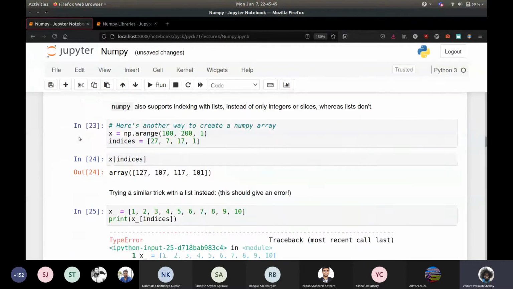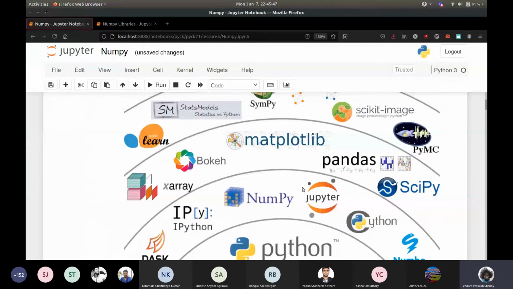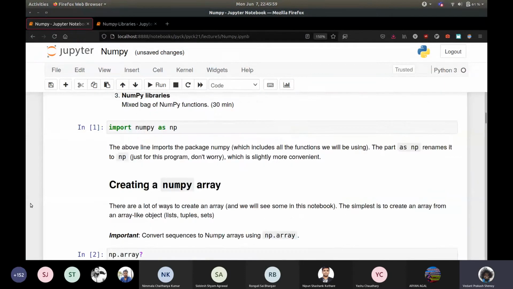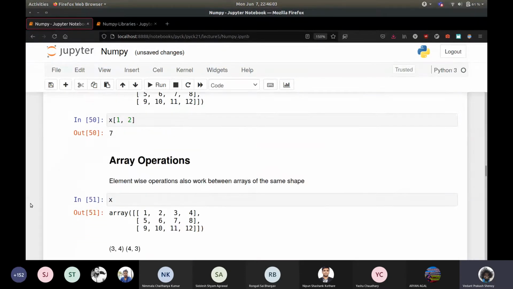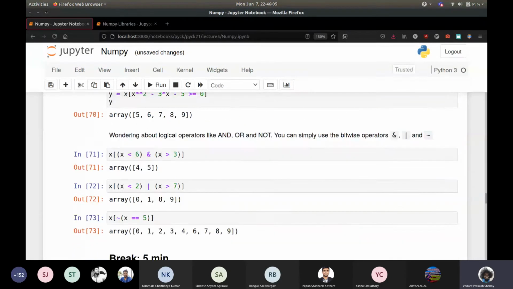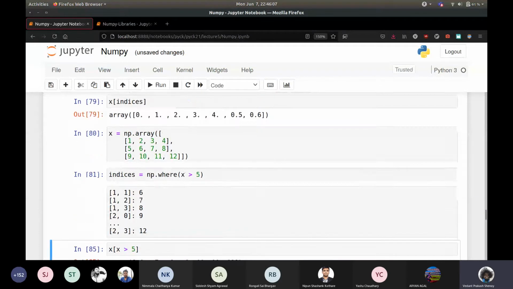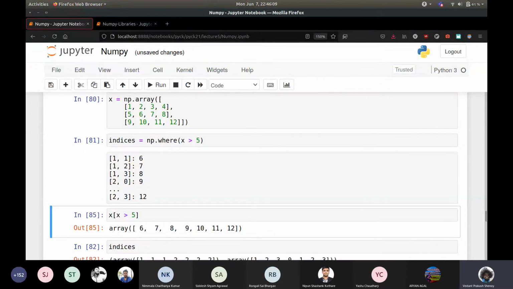For those of you who came late, I'm talking about this image. So a lot of the API or the syntax of NumPy is also inherited by pandas and other machine learning packages like scikit-learn, TensorFlow, and so on. I personally haven't used it a lot, but yeah, there's a lot of common things that happen there.